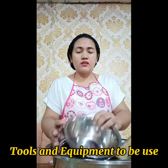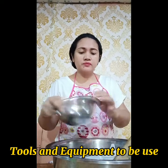Good morning everyone. Today we will demonstrate how to make a very common bread, that is donut. So for our tools and equipment, we are going to use the small basin for our mise en place,